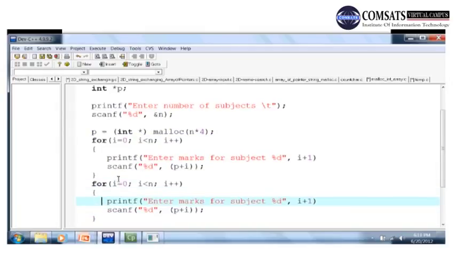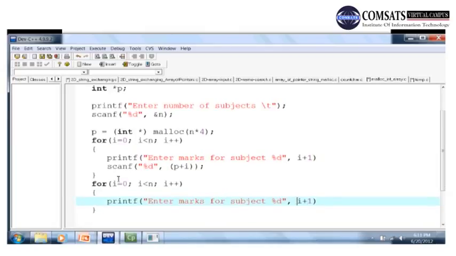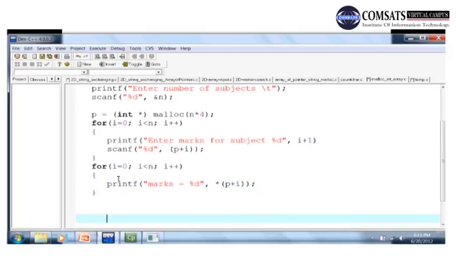नेक्स्ट for loop में हम इसकी values print कर देते हैं जो हमने input की थी. क्या values वो सही input हो गई हैं? So marks is equal to %d, और %d में हम क्या लिखेंगे? p plus i जो address है, उस पर value कौन सी पड़ी है? Value at address p plus i, that will be printed in this for loop, and then